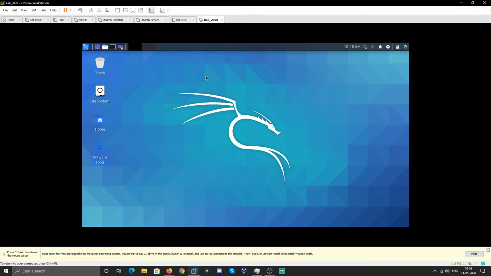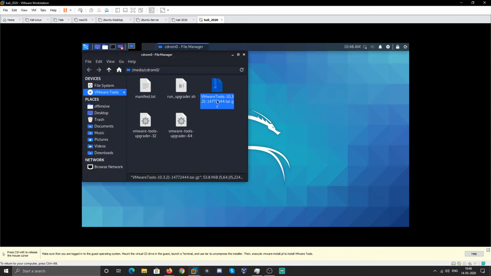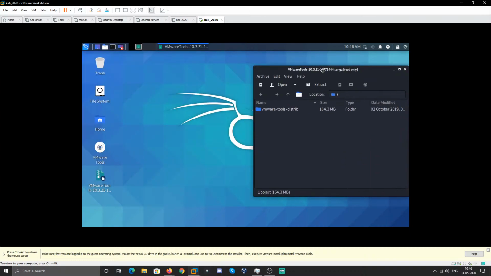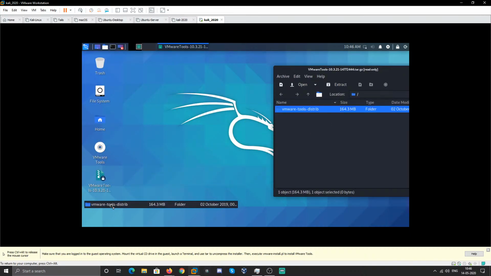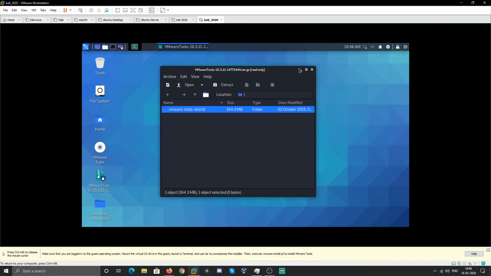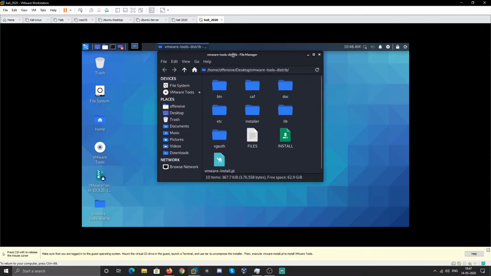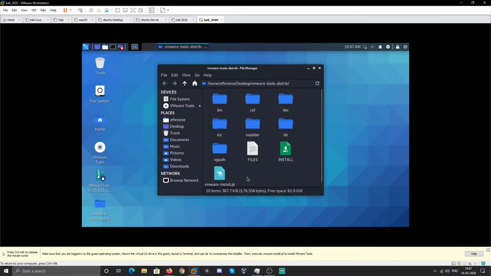At this point, the installation has been finished and we have to install the VM tools. So you have to drag and drop this file to the desktop, and after that, opening this file, you have to drag and drop the folder. Once it is dropped, you have to open that folder, right click, open terminal here,